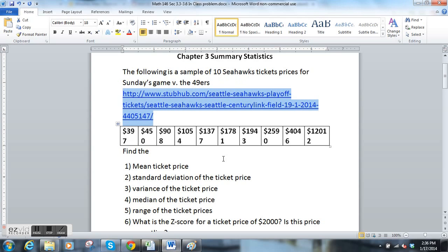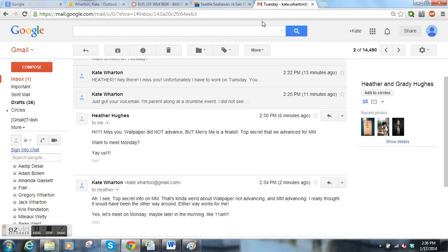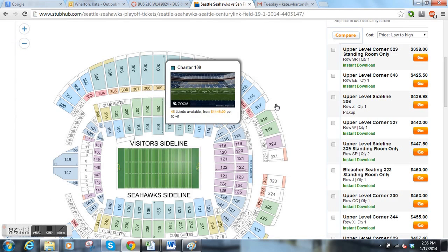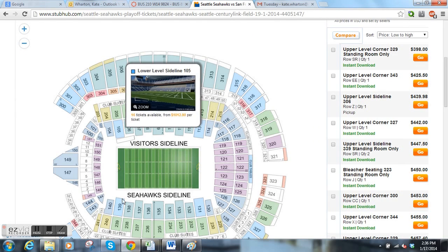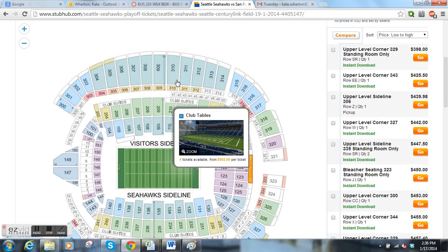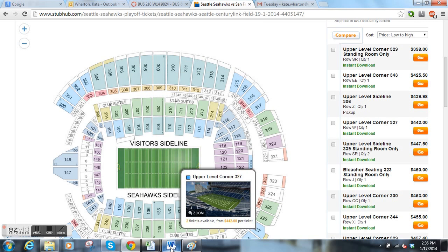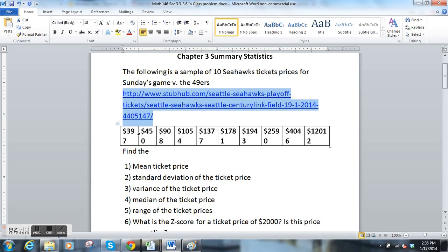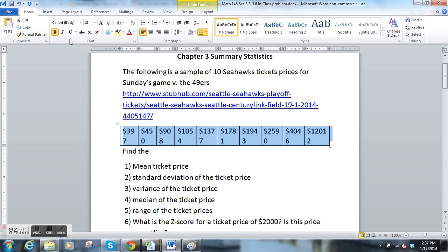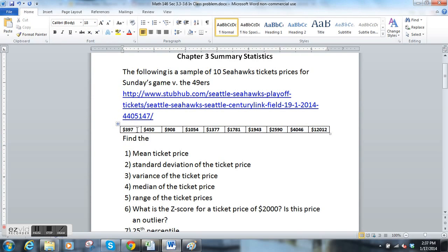So here is my picture. Here's StubHub, and I went through this and I got a bunch of different ticket prices. So here is the sample of ticket prices. I'm going to make this a smaller font because the numbers are getting weirded out. There, that's better. So $397, $450, $908, $1054, they're getting more expensive. $1377, $1781, $1943, $2590, $4046, and